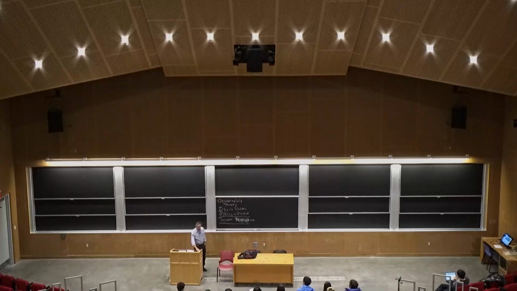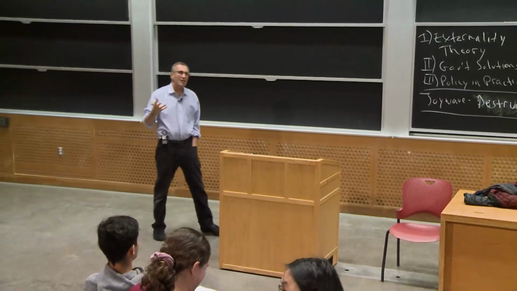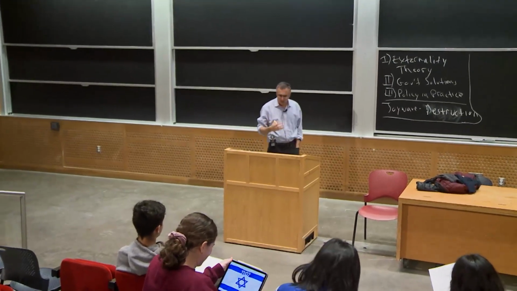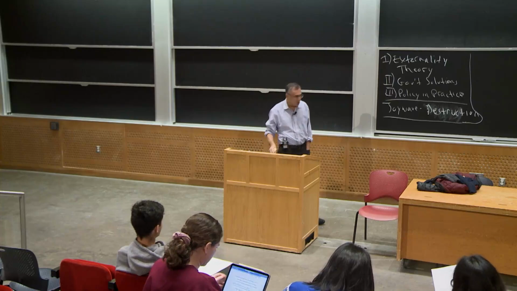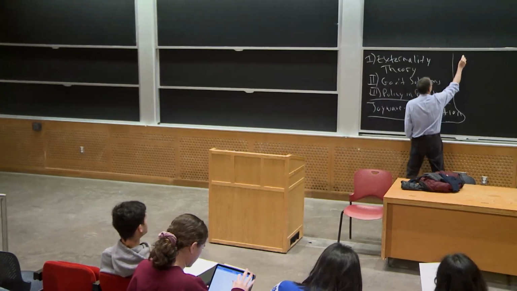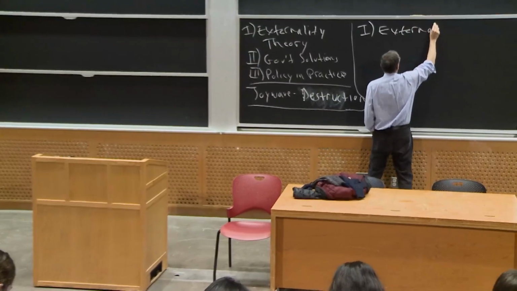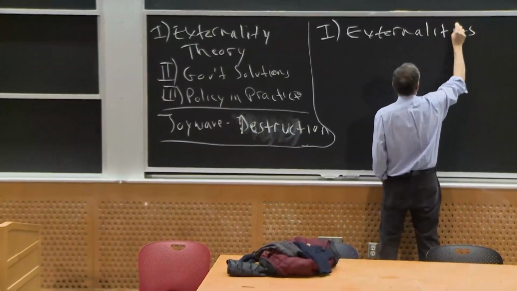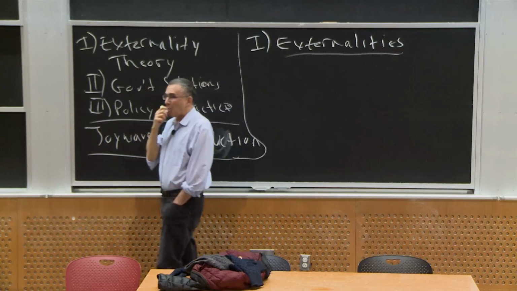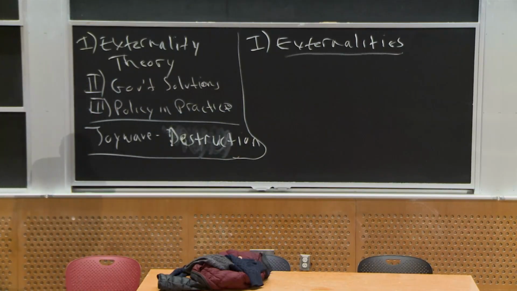Today, we're going to continue applying what we've learned so far. And today, we are going to really dive in to what we could consider the mother of all market failures, which is externalities. The single most classic example that economists use when they talk about market failure is externalities. And today we're going to talk about externalities, what they are, why they represent market failures, and what governments can